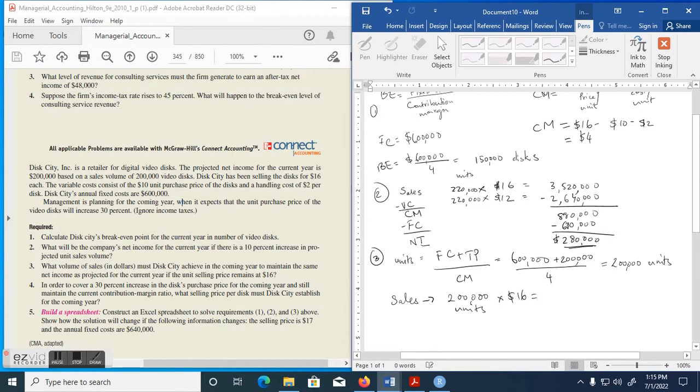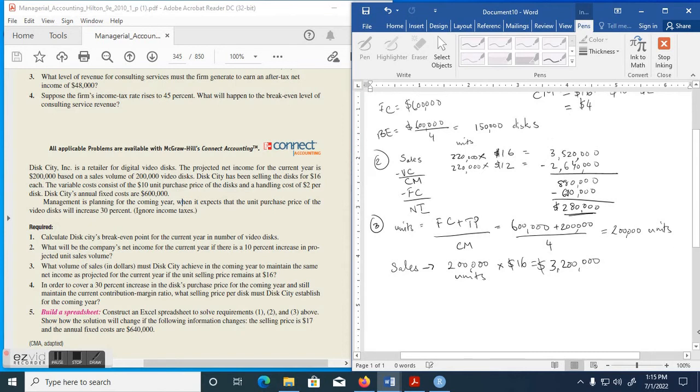So 200,000 multiplied by 16 gives us $3,200,000. That means that you have to achieve a revenue of $3,200,000 in order to maintain our profit of